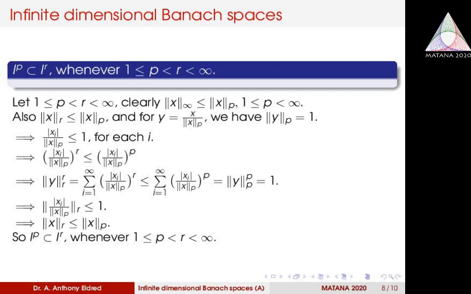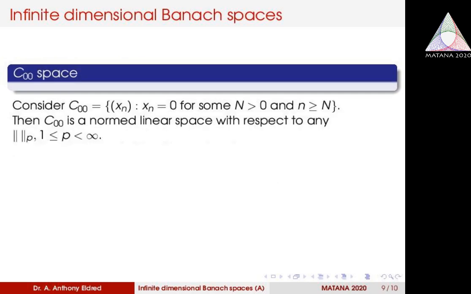So whenever the p norm of a sequence is less than infinity, the corresponding r norm will also be less than infinity. Therefore, any sequence belonging to ell-p will also belong to ell-r. Therefore, we have ell-p as a subset of C naught naught. That is the set of all